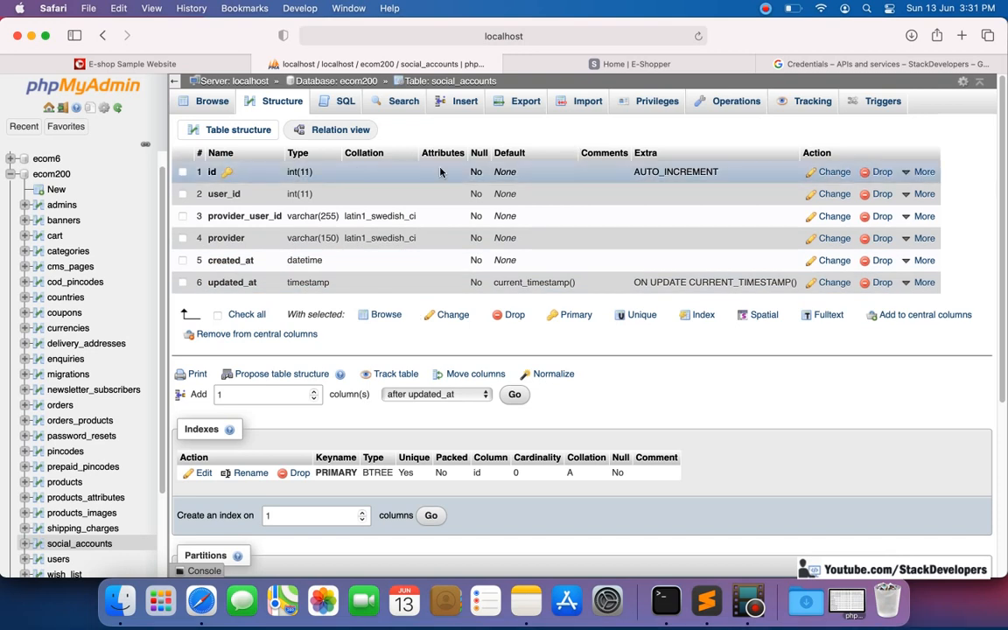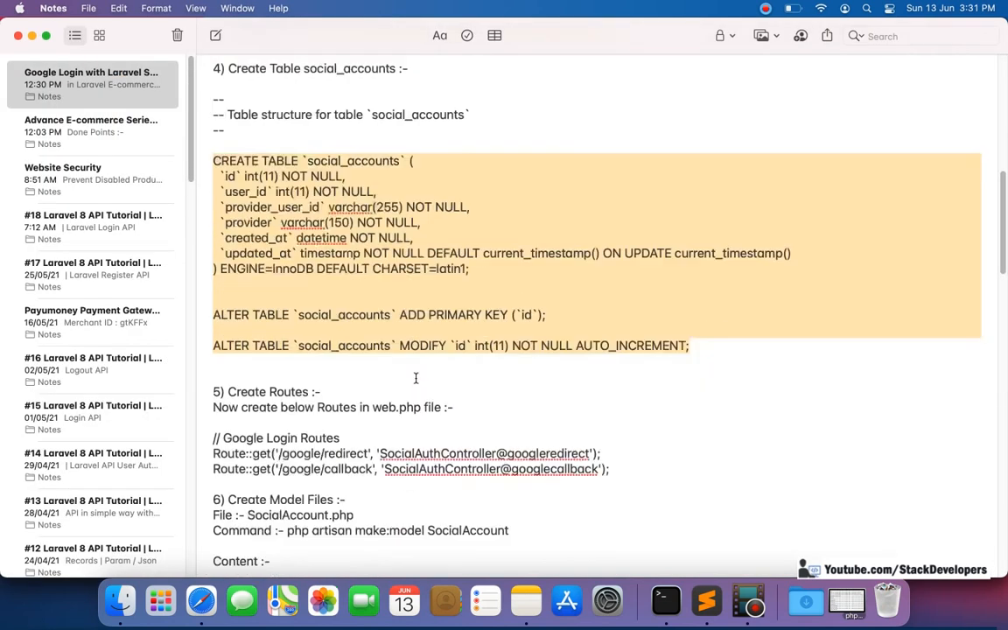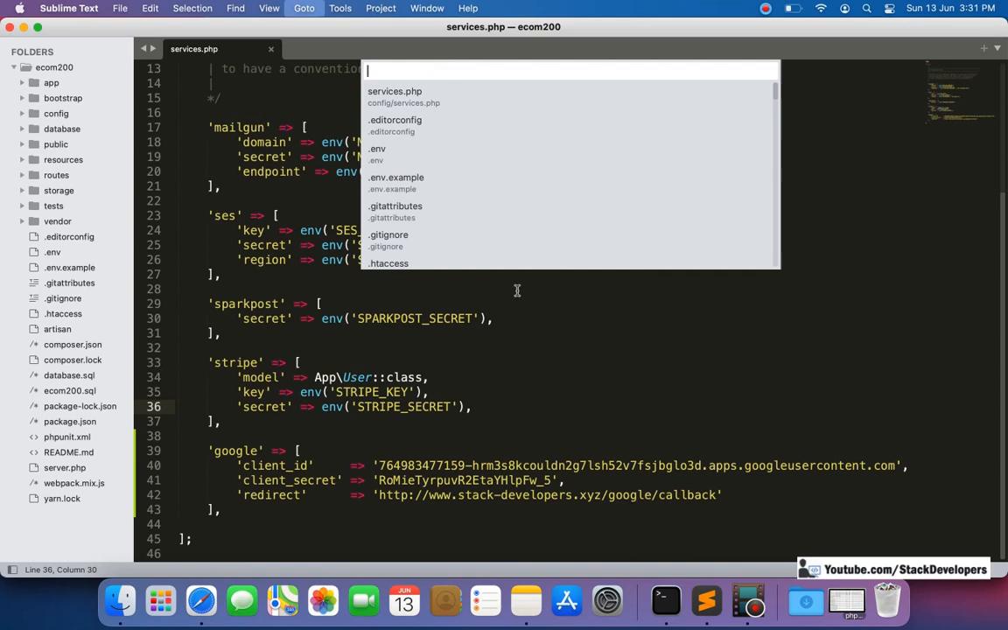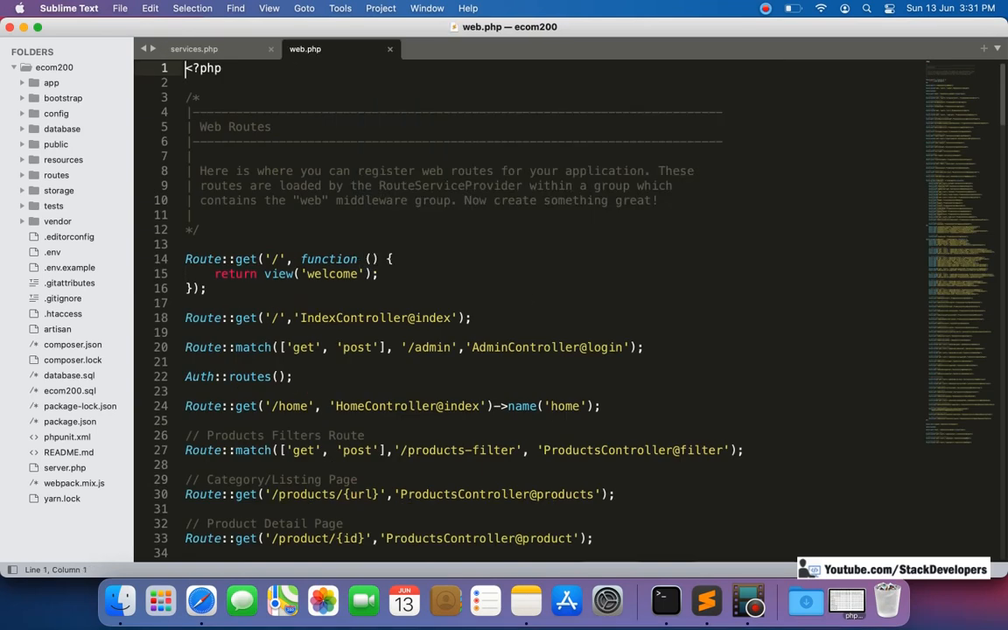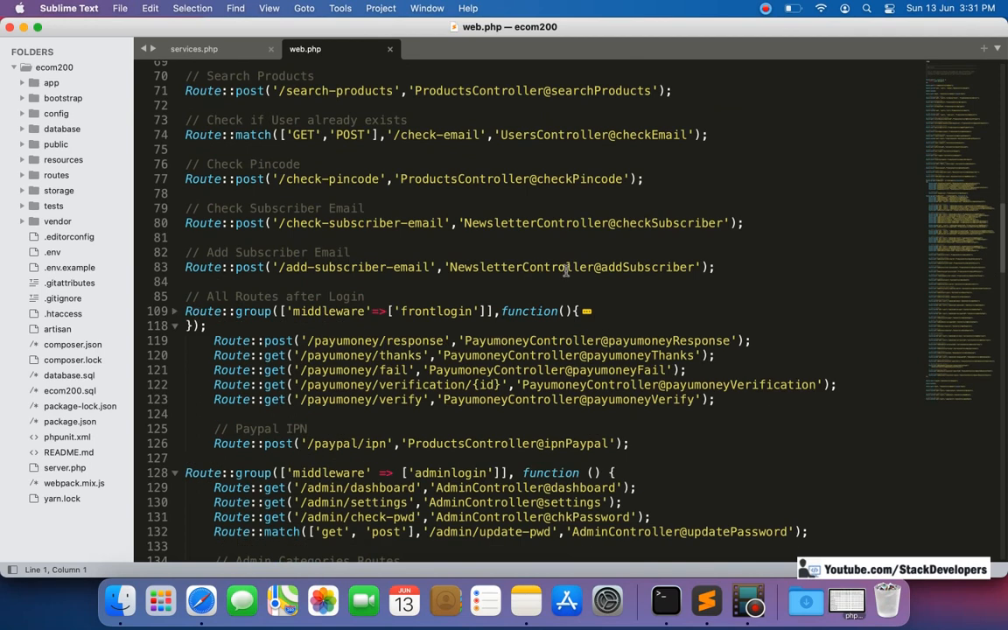Make sure you give ID as unique auto increment. You need to give it primary. So you will create this social_accounts table. The next step is to create the routes. So these routes we are going to create. Like I have told you earlier, routes we are going to create in the web.php file. So we are going to create these